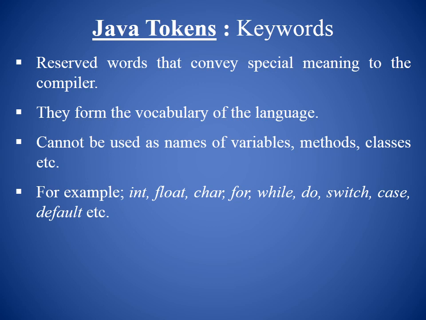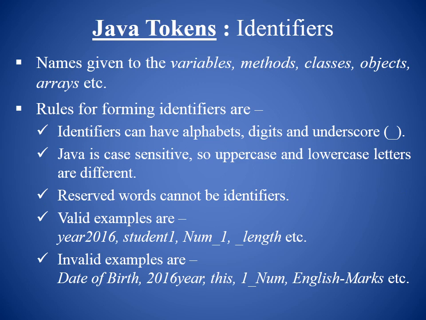Now we see keywords. Keywords are reserved words, that is, the words that are already defined in the Java library. Keywords are used at their suitable place in programs according to necessity. int, float, char, public, void, static, long, for, while, do, switch, case are a few examples of keywords, and the meaning of keywords is already known by the compiler. Next token is